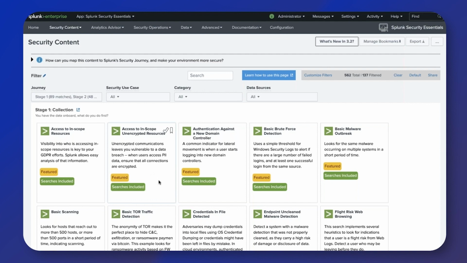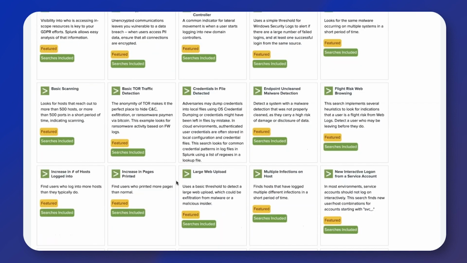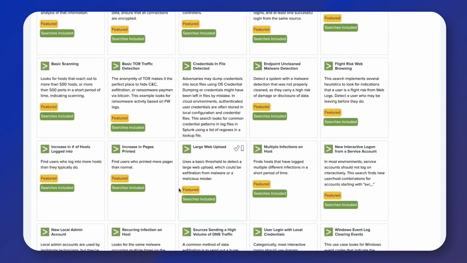There are ones that are not featured. That doesn't mean it's not valuable to you, or just generally, it just means that it's less focused. It's more focused to specific areas or specific use cases. So you can look at them both ways. And then we've got search included. That means it will run with Splunk, and these are the key things that you want to be looking at. And generally, most of the stuff in level 1 should be